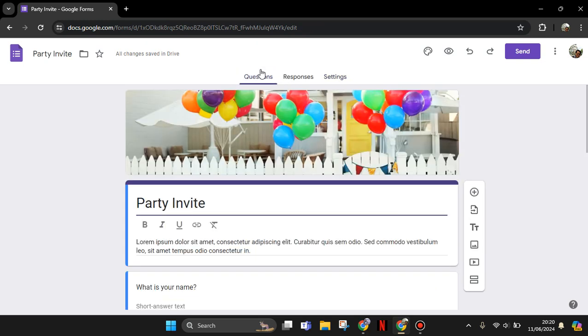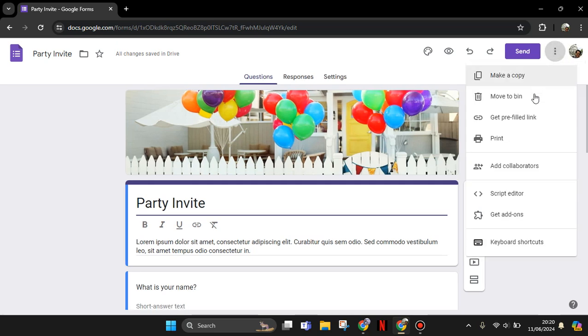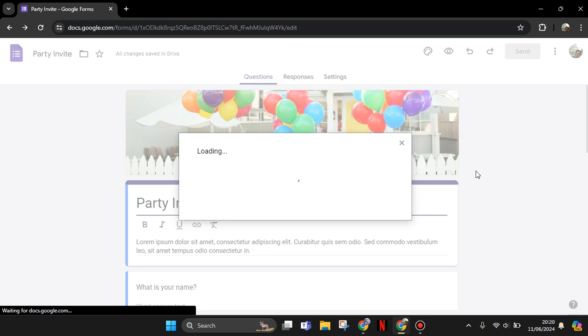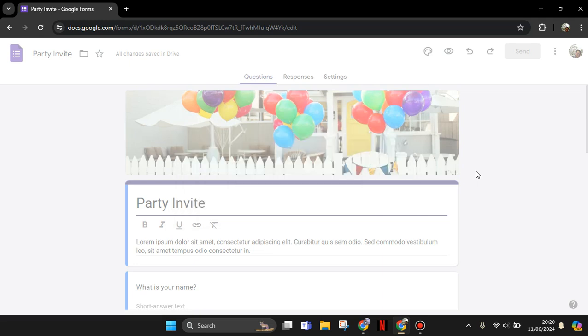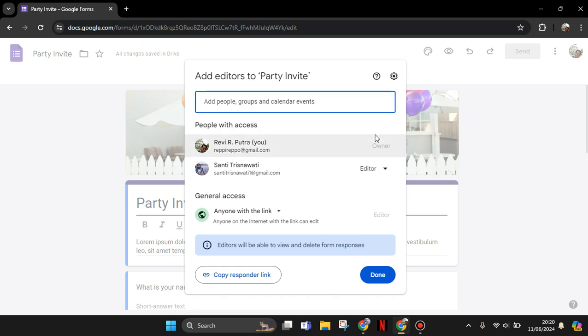But if you want to give access so that they can edit or maybe add some questions to the form, you need to click on this More, the horizontal three dots here at the top right corner, and here choose Add collaborators. Okay, so add collaborators here means that you'll add the other person to this form, so they can manage